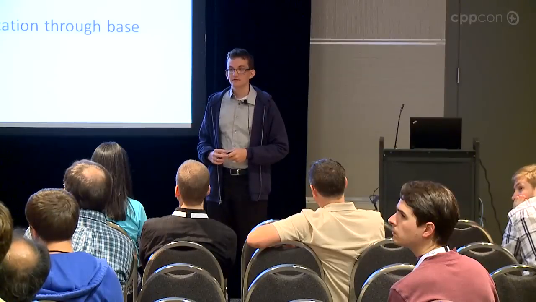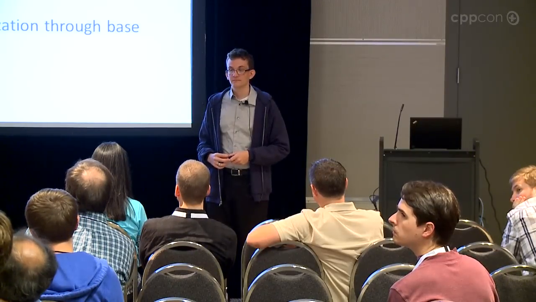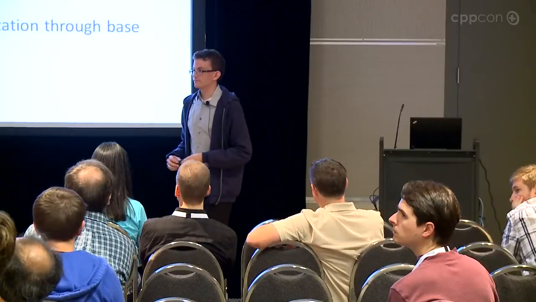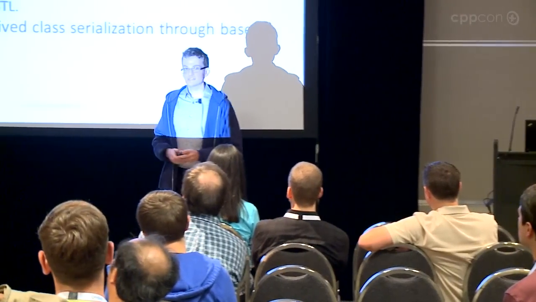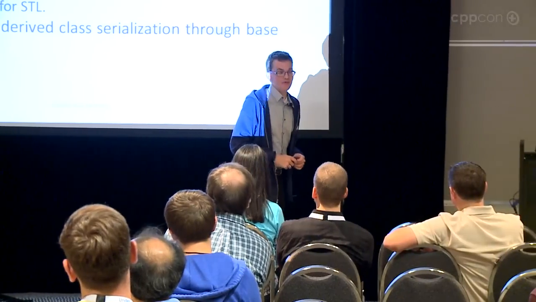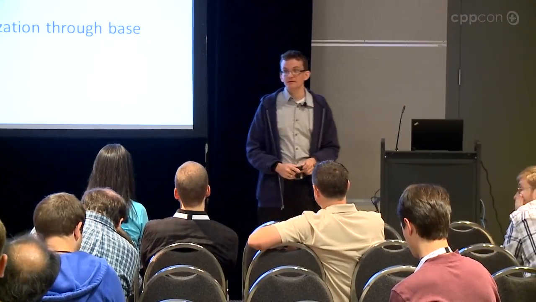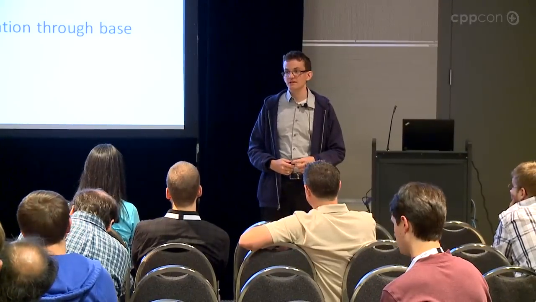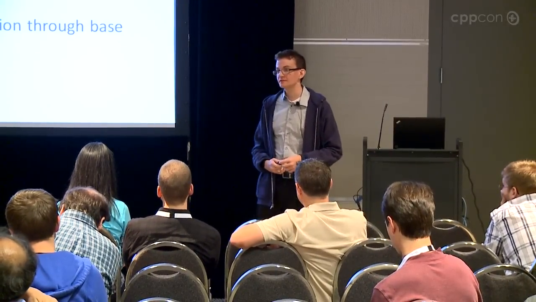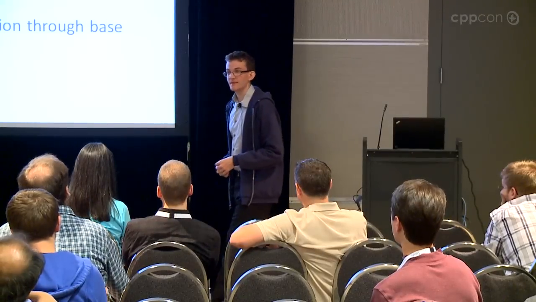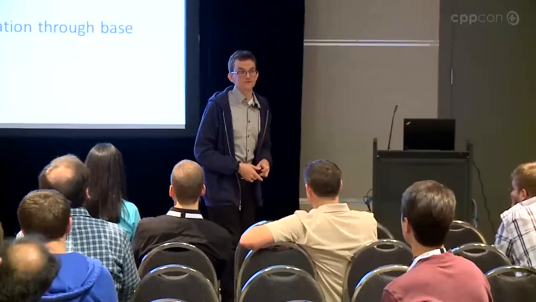Could you clarify what you mean by derived classes? Because in protobuf, everything is derived from message, so it serializes everything by a message pointer. So in a sense, everything is a derived class. What I mean by that is that I've got some base class A, and I've got a bunch of different classes derived from it, and I want to pass to serialization a pointer to A, and I want it to correctly serialize that object. So maybe the object's a B, maybe it's a C. At the time that I write the code, I don't know.